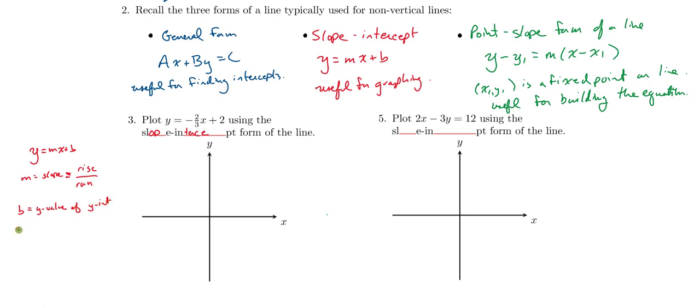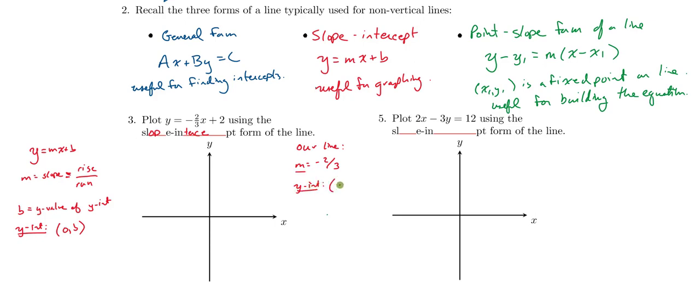Put another way, remember the y-intercept is the point where a graph crosses the y-axis. The y-intercept is the ordered pair 0, b. So in our line, by inspection, we know that the slope is equal to negative 2/3